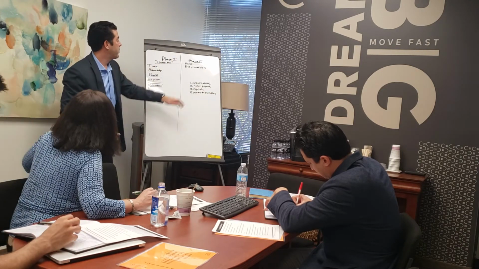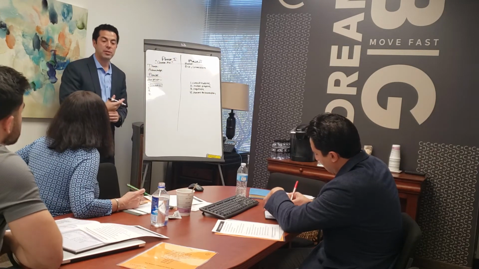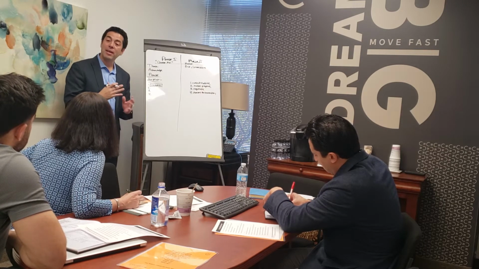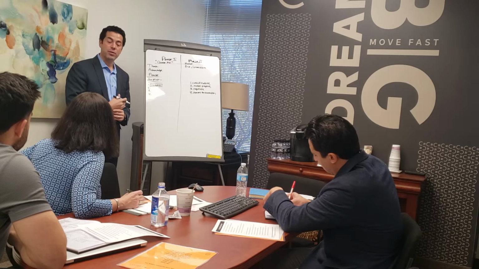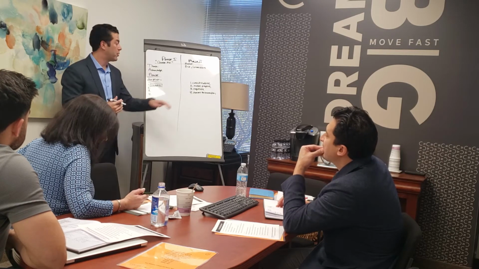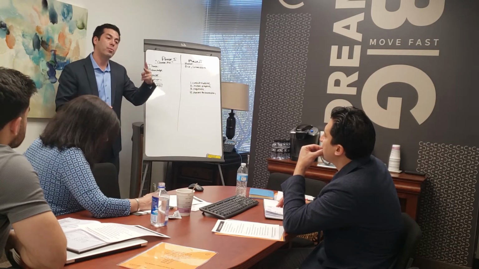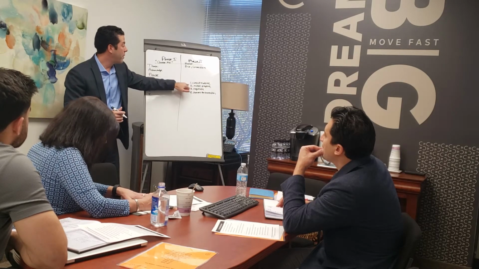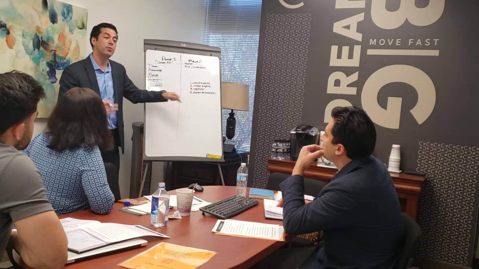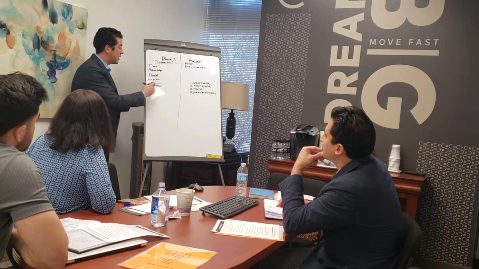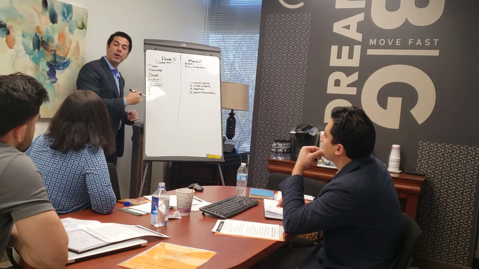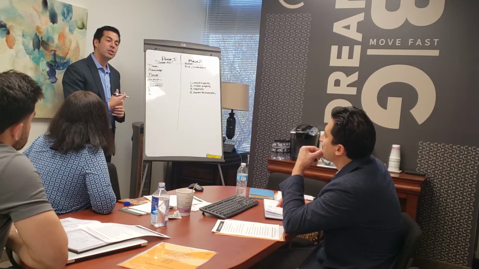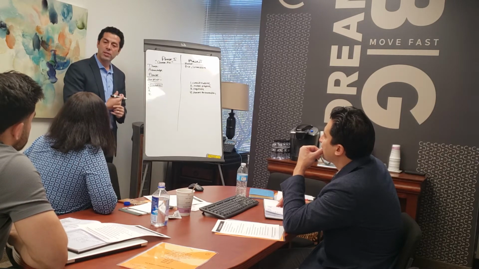So it could sound something like this. Okay, Mr. and Mrs. Seller, what I do is I consult and advise my clients. I take the guesswork out of real estate so that we're always a couple steps ahead. With each one of these, you want to have 2 supporting facts. It could be whatever you want, but make sure you're hitting these 4 pillars throughout your presentation. And you can set it up early on as you're talking about what you expect in an agent. And if they're really not sure, you can ask them, well, what do you believe an agent does?